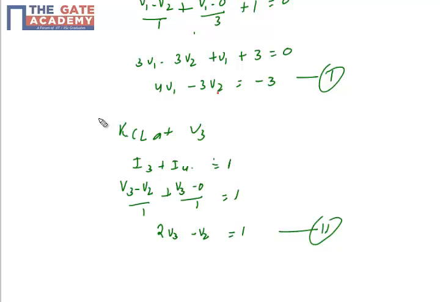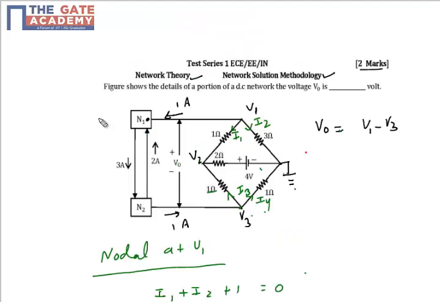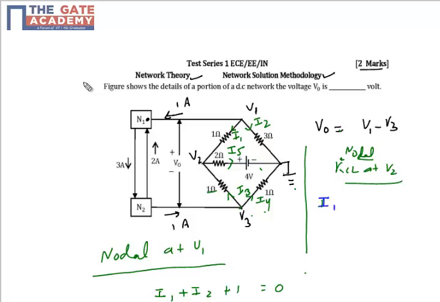In equation number 1 we have the variable V2, and in equation number 2 also we have the variable V2. So it is fair that we should apply KCL at node V2 as well. Again KCL, we already have this branch named I3. This is I1. Assume this branch as I5. In nodal analysis we apply KCL only, we say KCL or nodal. So at node V2, again the sum of the incoming current is equal to the sum of the outgoing current. We have two incoming currents, that is I1 and I3. I1 plus I3 is equal to I5, right?